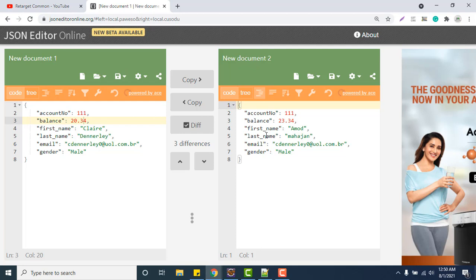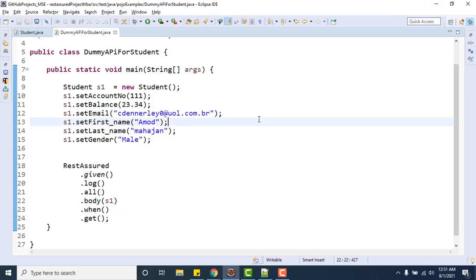Hopefully, if you're following all my videos in this playlist, you have learned to create a payload using the Java map and list, and now you are learning this way, where we create a POJO class and create JSON payloads. So this is another way of creating a payload.